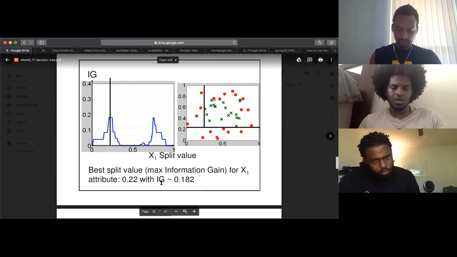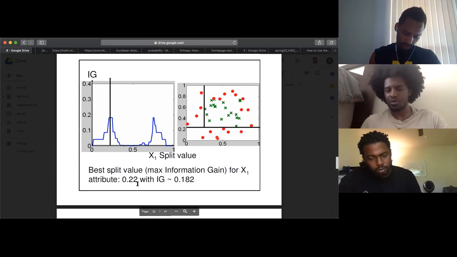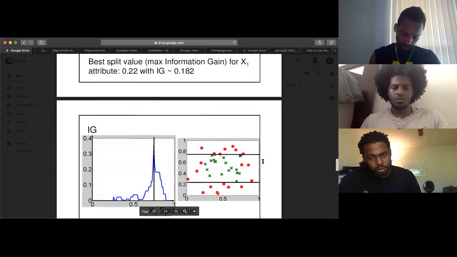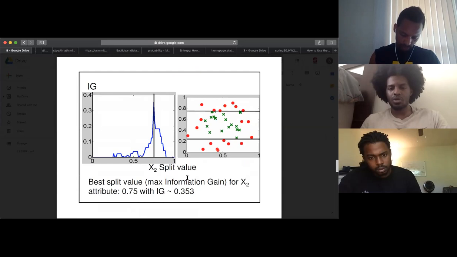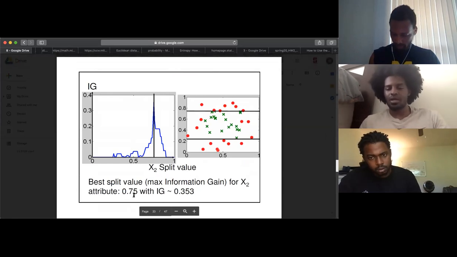Here they calculate the information gain for x1 at a probability of 0.22, and you get 0.18. And if you selected x2 and picked 0.7, they identified the best value as 0.75, and